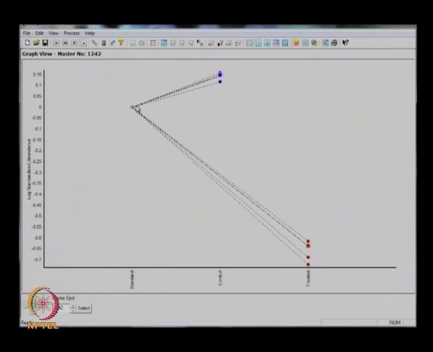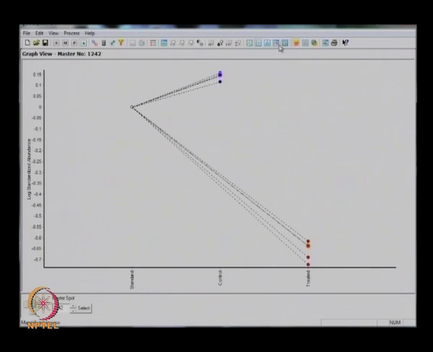In the histogram view, we can see clearly how a particular protein is behaving throughout control and treated. This is the standard gel, that means this is the mixture of control and treated, so we can consider it somewhere around 0. Then the control is showing upregulation, and after giving the particular treatment, it is showing downregulation. So, this kind of data we can see here.